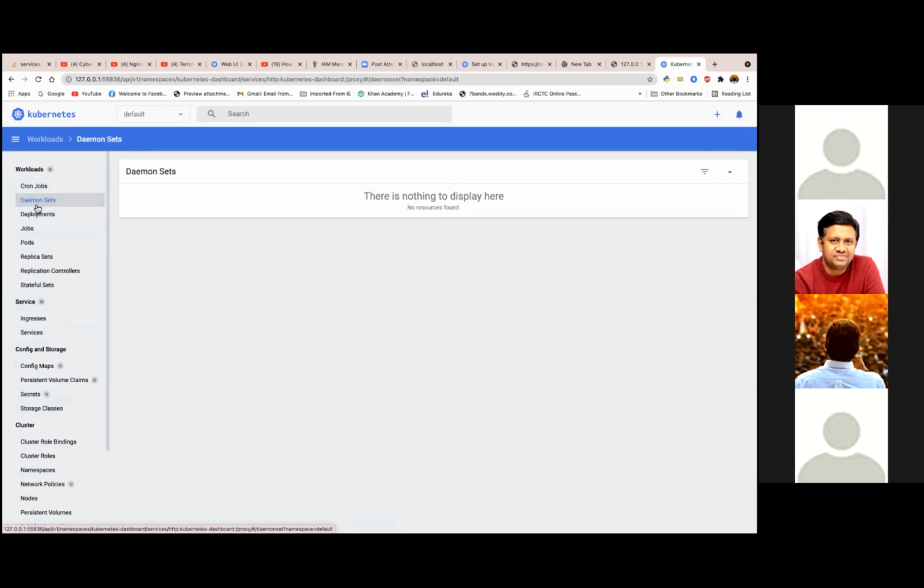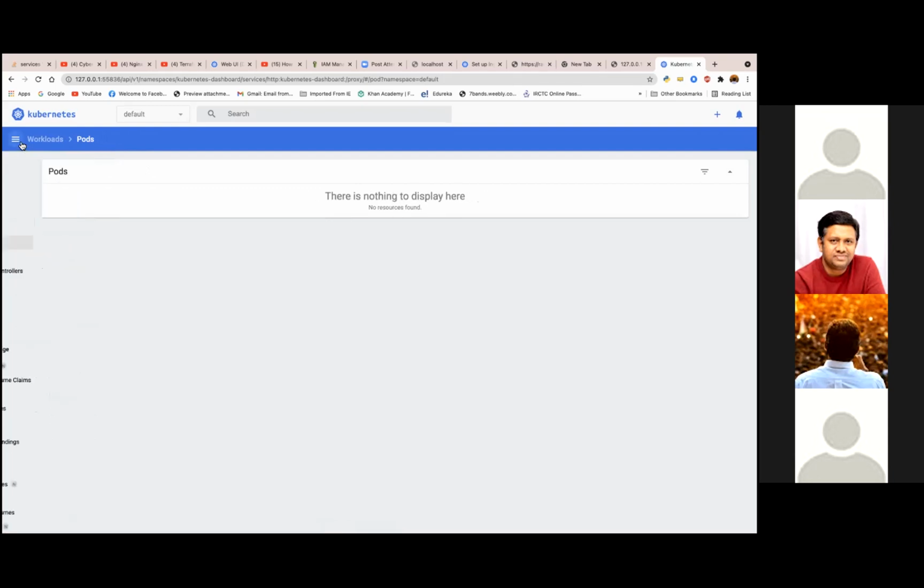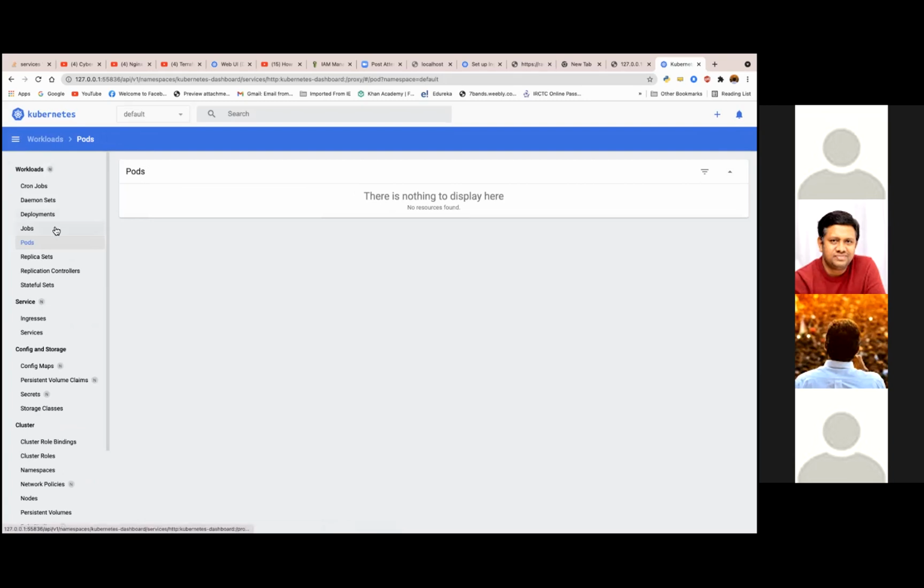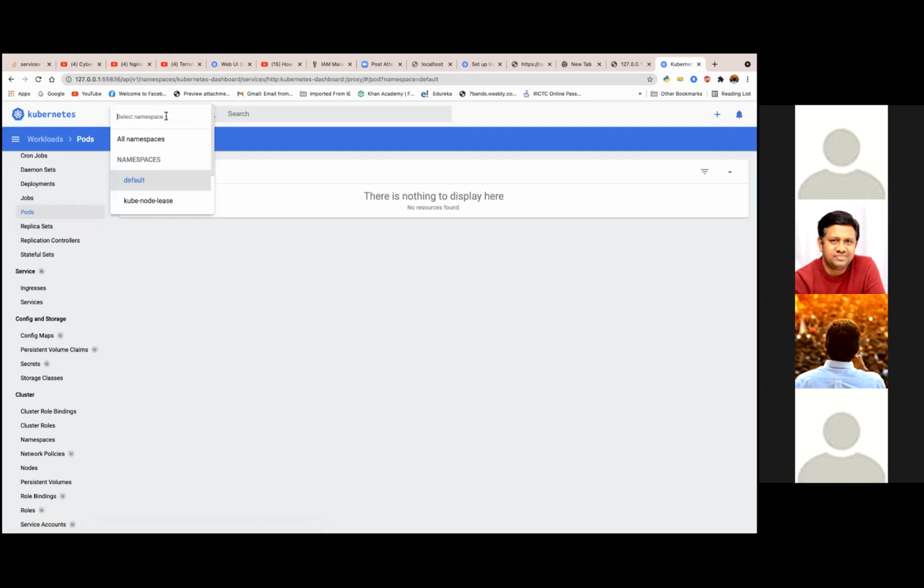See, the problem is you are clicking on the default namespace. In the top, instead of default namespace, yeah, click on the menu. There's a drop down here, see default in the top. In the top, a little bit up. Yeah. Click on the Kubernetes, come down. This one. Yeah, come down. Yeah, the dashboard. Yes, this is it.